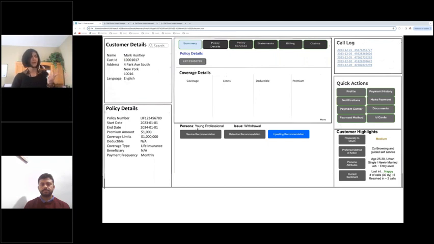That's the second. The third is the upselling recommendation. That's again something that Deepak referred to, the cross-sell or upsell model. It gives a recommendation on what more can be sold to the customer if the customer is happy. Fourth is the churn model. Here under customer highlights, you see the churn model, which is predicting the propensity of the customer to churn. And then there's the customer sentiment, shown at the bottom of the customer highlights, which looks at the emotion or the sentiment analysis.